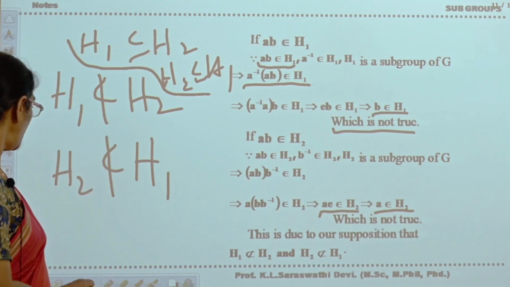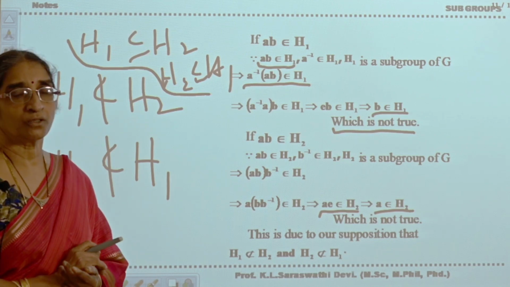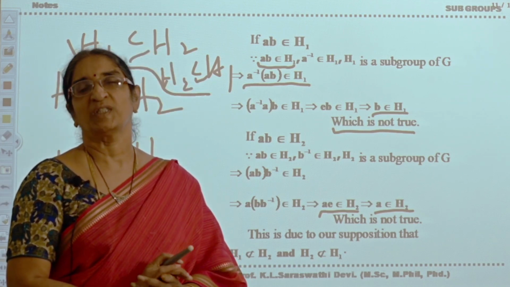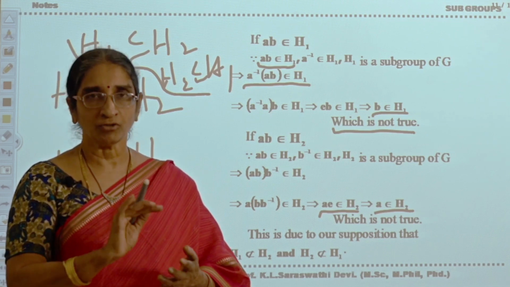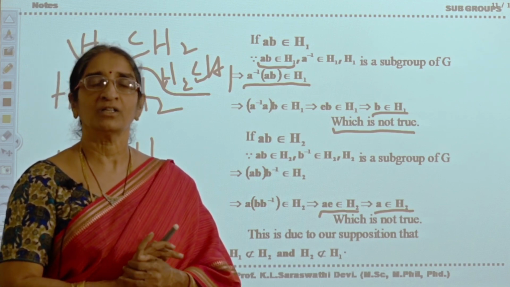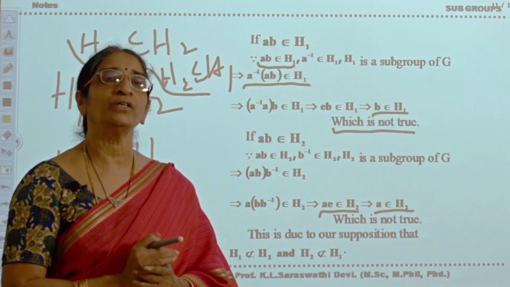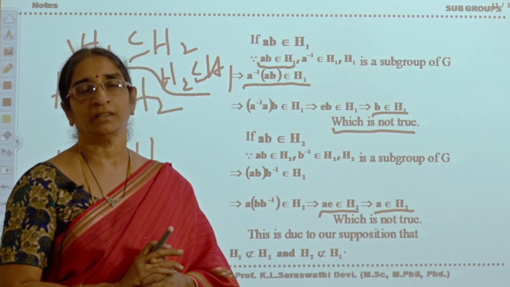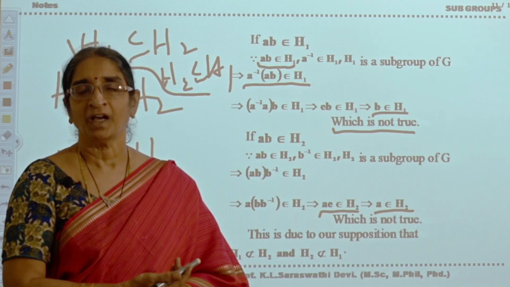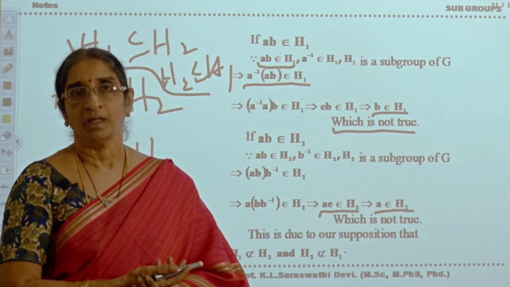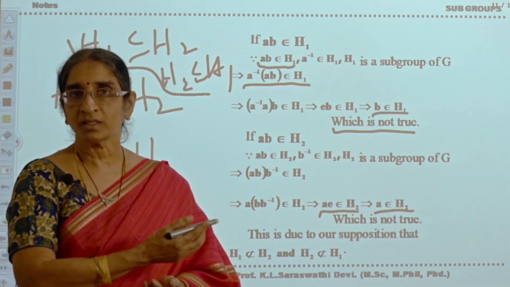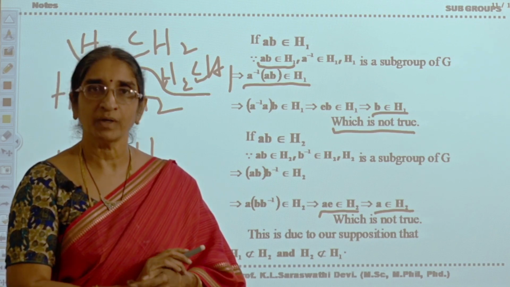Now this is one of the important theorems. See here, you will be asked a question in exams like this: Is the union of two subgroups a subgroup? Justify your answer. Then you have to answer like this: the union of two subgroups is not always a subgroup, but the union of two subgroups will be a subgroup if and only if one is contained in the other. Like that you have to write, and you have to give the proof of this theorem, and then with one example, you have to justify that the union of two subgroups is not always a subgroup. That is either the first example or the second example you have to give.